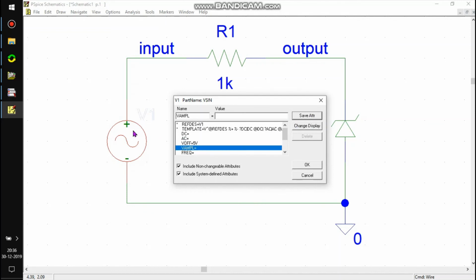And then it must go above the offset of 5 volt, above 10 volt, so we need at least 5 volt amplitude. It just increases a bit to 10 volt. So it's going from 5 to 15 and 5 to -5.